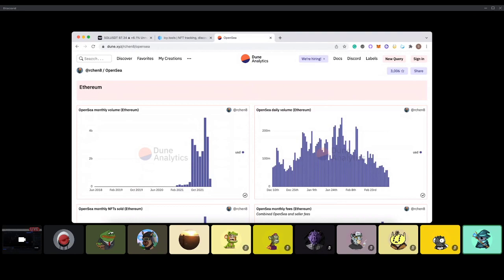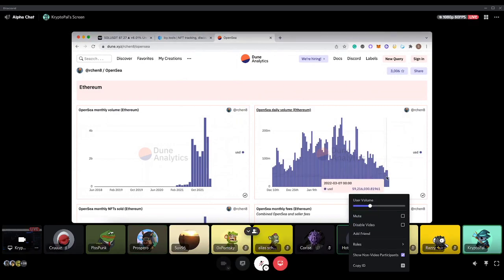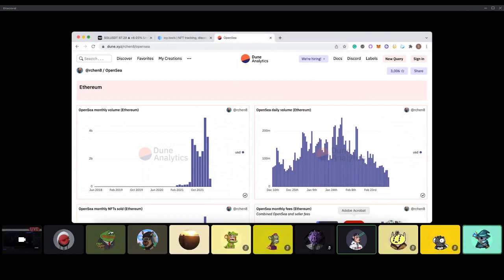The first thing that I look at every morning before even starting my day is Dune.xyz. Why? Because I want to see what is the volume, where is the market going, and what's happening with the market. This market is based on volume. If the market has volume, I will be able